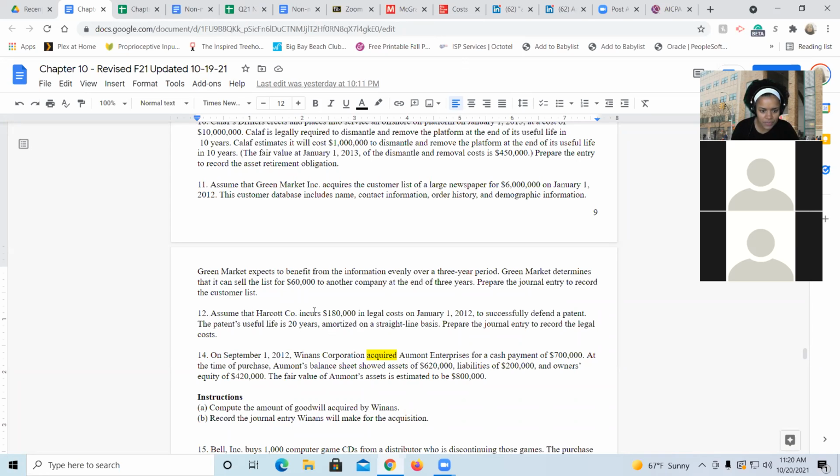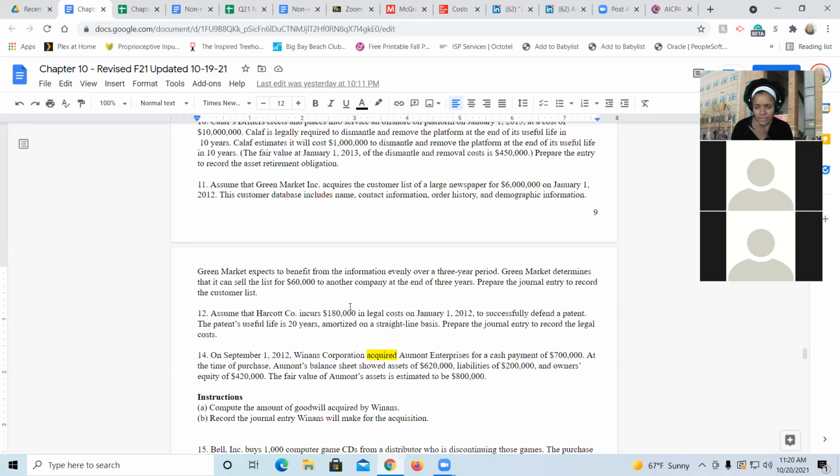So assume that Harcourt Inc. incurs 180,000 in legal costs on January the 1st, 2012 to successfully defend a patent. The patent's useful life is 20 years, amortized on a straight line basis. Prepare the journal entry to record the legal costs. So this is purely a lawyer's fee. This is not even the acquisition of the patent. So if you just think about this under normal accounting circumstances, you would think that this is probably just going to be